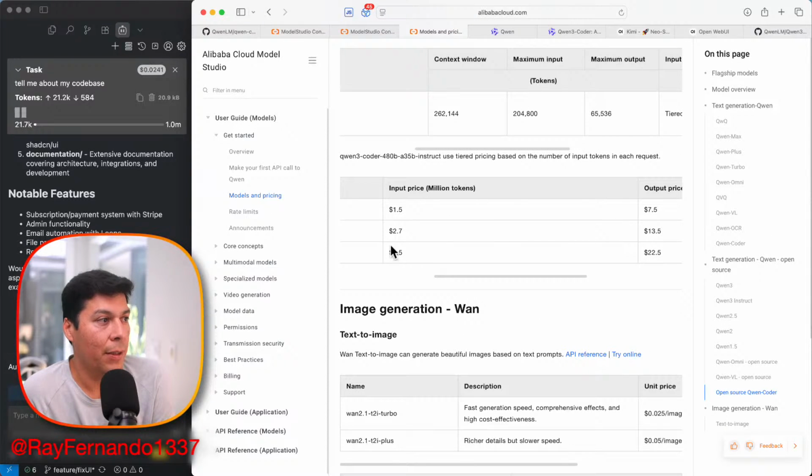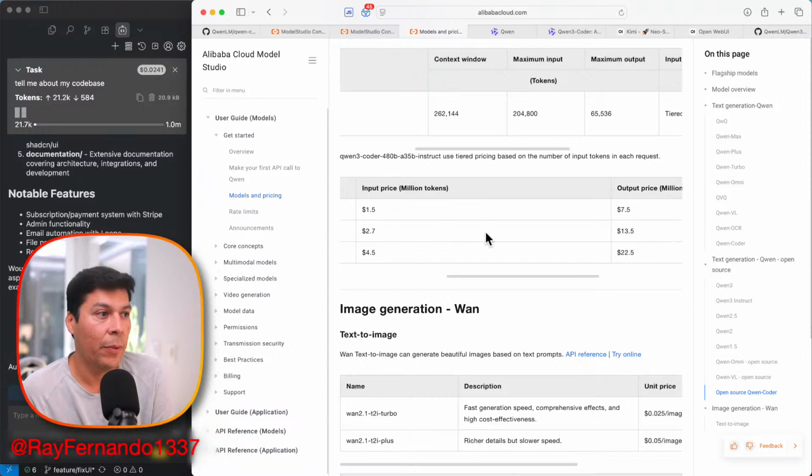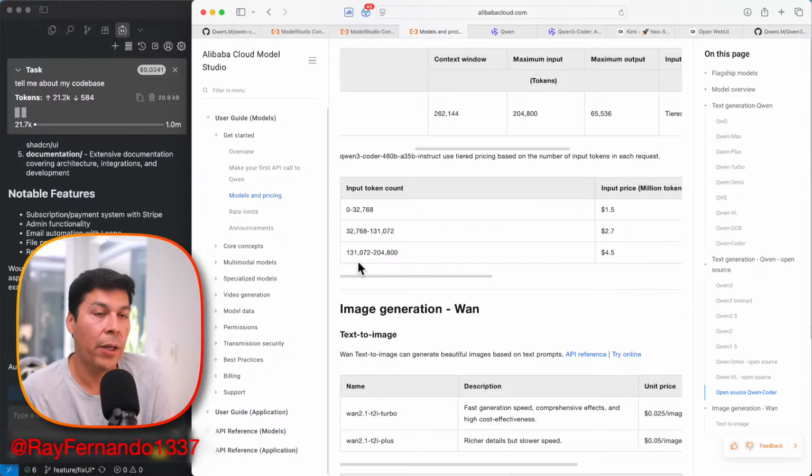You see the pricing goes up even higher than the Claude Sonnet model, because Claude Sonnet's like three per million input and then 15 for the output. And so now you've actually surpassed that once you break over 131,000 tokens. So that's kind of why I'm a little frustrated this morning, because one, just getting this set up, but then when I was discovering the pricing here on Alibaba's website for hosting the model,